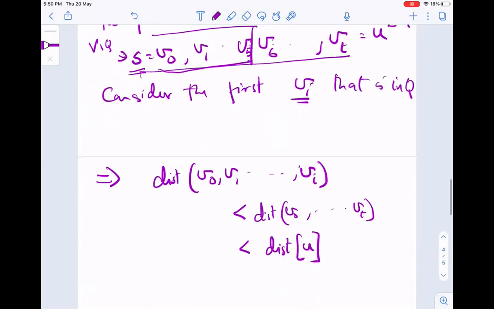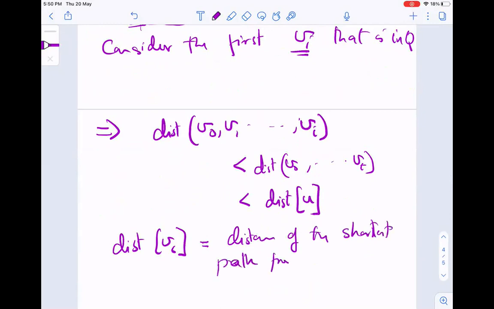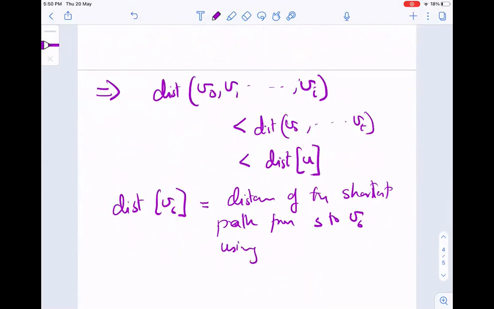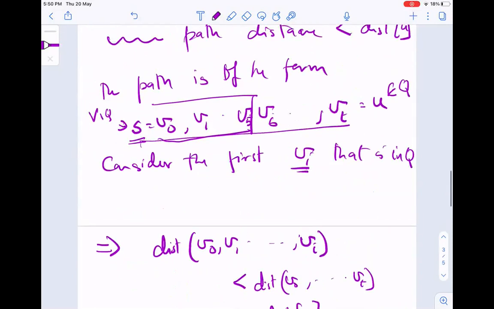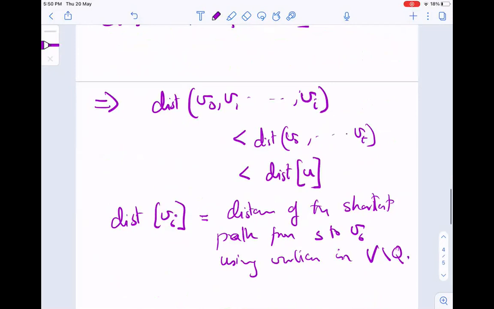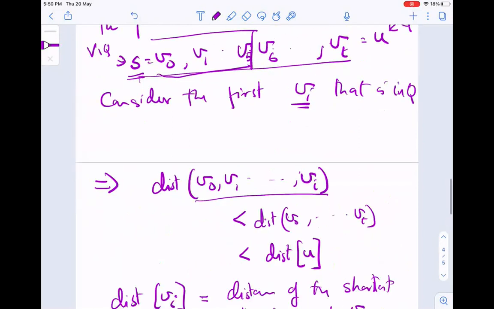And what is being stored in dist of V6 at that time? Dist of V6 is the distance of the shortest path from S to V6 using vertices in V minus Q. Now I have given you a path, and it should not be V6, this is Vi. I have already given you a path, so that means that dist of